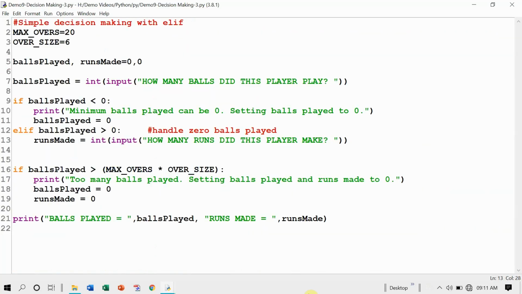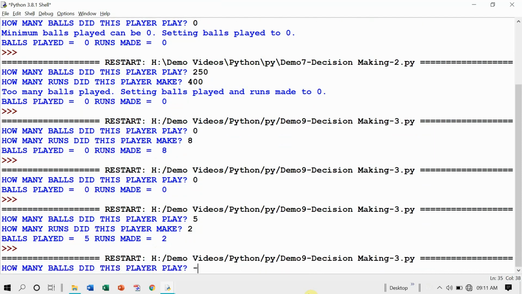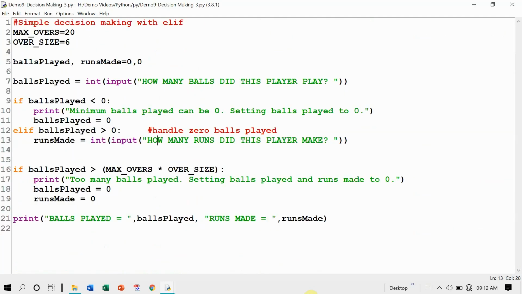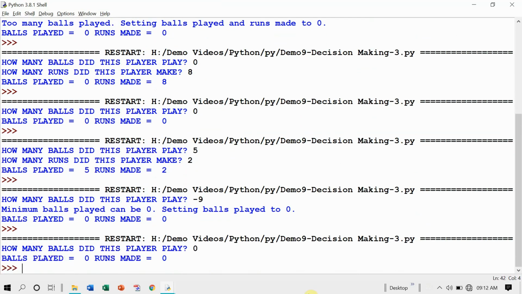Quite natural. Let us run it again. If balls played is -9, that is being handled. Let us run again. How many balls did this player play? 0 balls. Working fine.